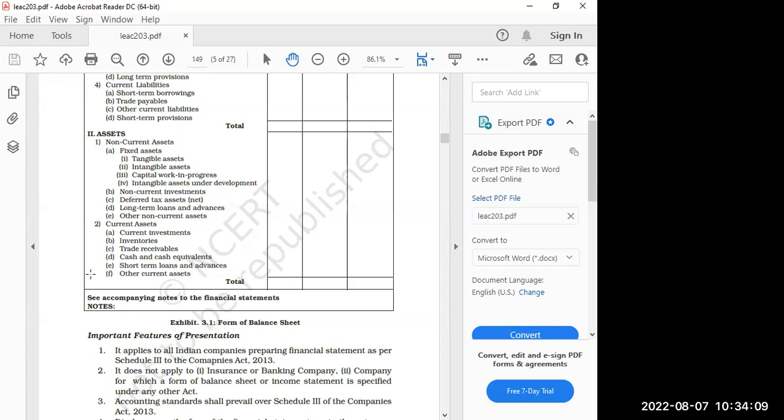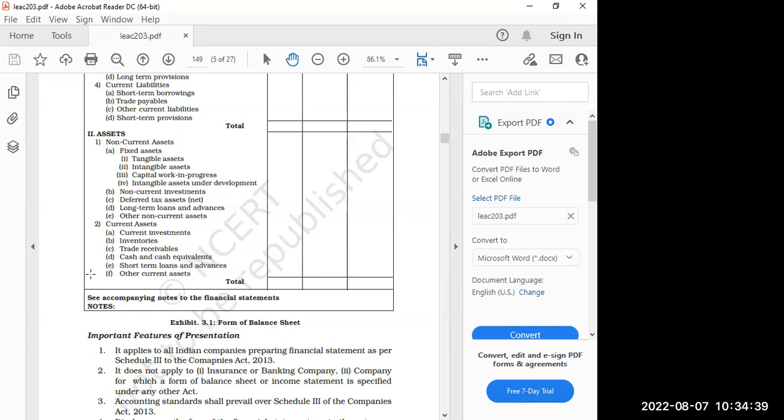How do you find whether it is given or received in the trial balance? In the trial balance, suppose loan is there. Where will you take it? Whether to liability or asset? How do you find it out? Anybody? In trial balance, you are finding an item called loan. 10 lakh is there. Whether you will take it to liability side or asset side. Why? What is the logic? Because there also loan is there, no, long-term